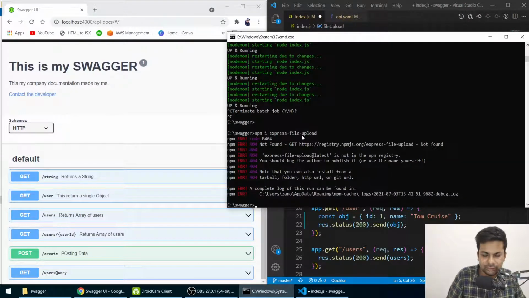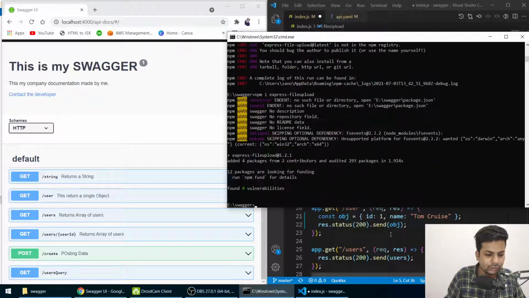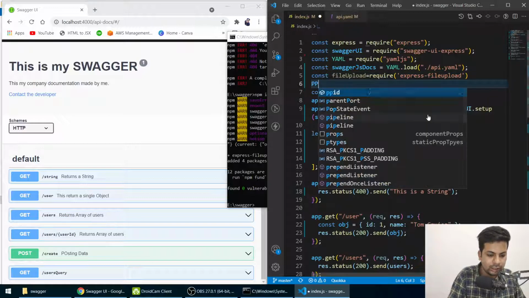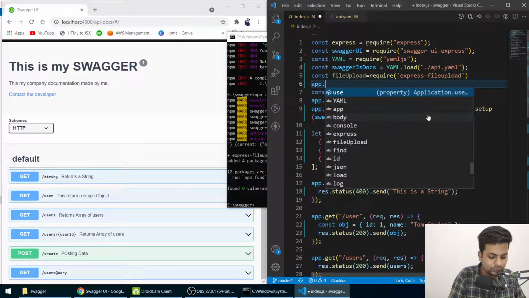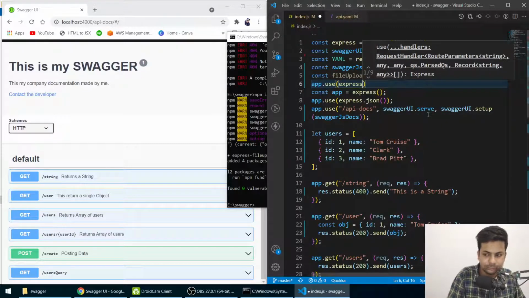Express file, okay, fileupload will be together, and it's done. So here is the express-fileupload, and here is app.use express.